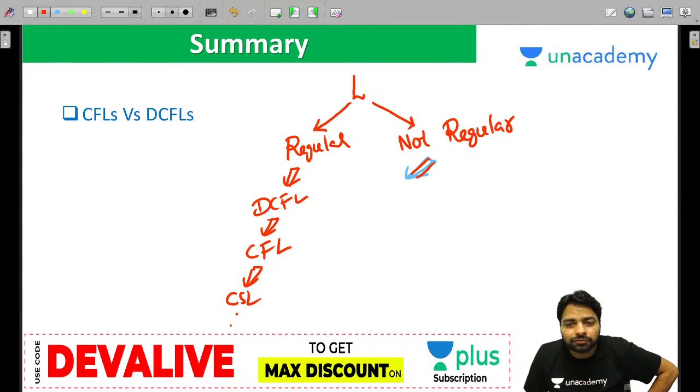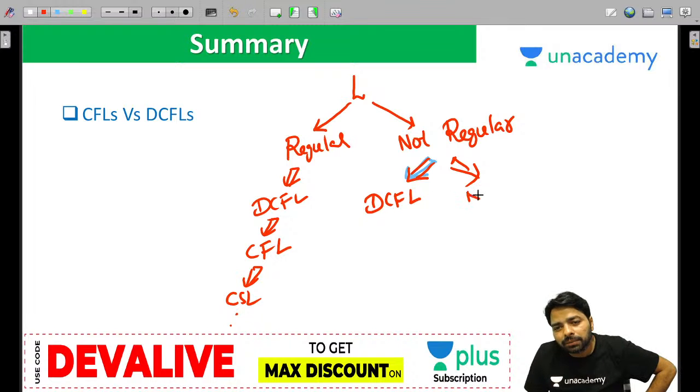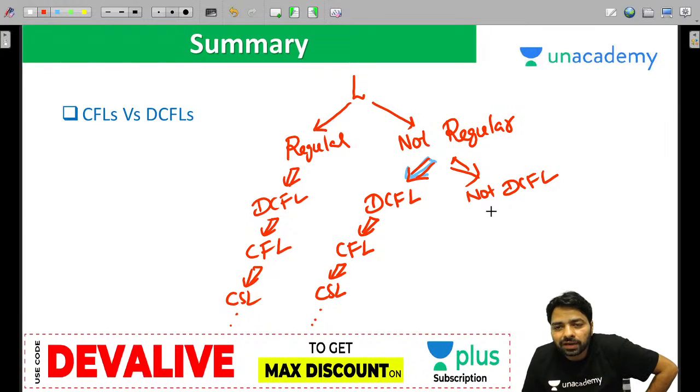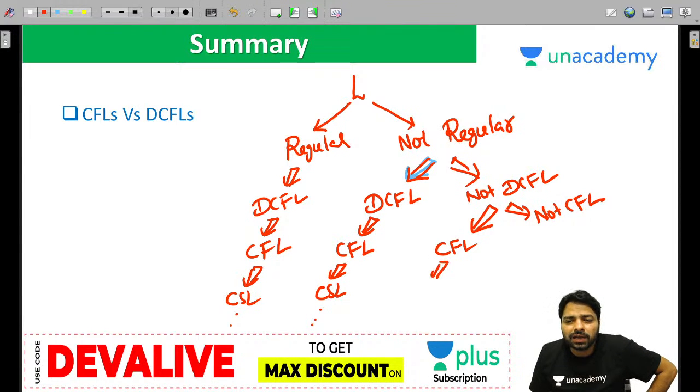Not regular, you have two things. One, it can be DCFL or it can be not DCFL. If it is DCFL, don't do much. It is CFL, so it can go for CSL, anything you can answer. And not DCFL is two types. It can be CFL, it can be not a CFL. Might be many reasons. If it is CFL, you can say CSL. If it is not CFL,